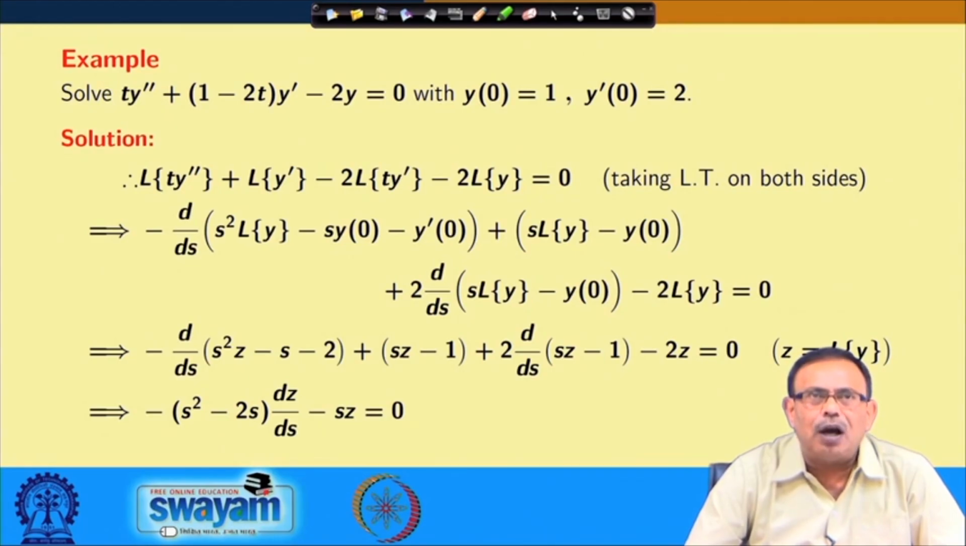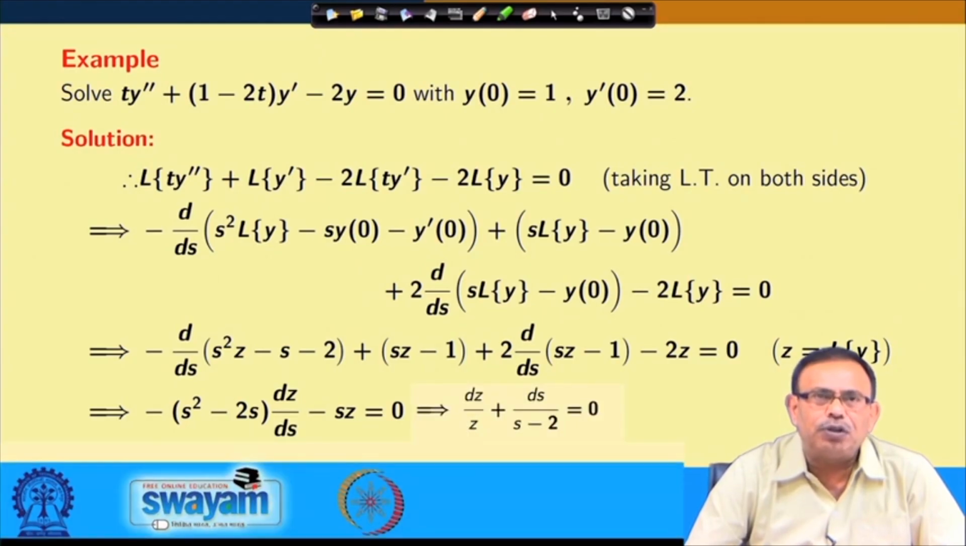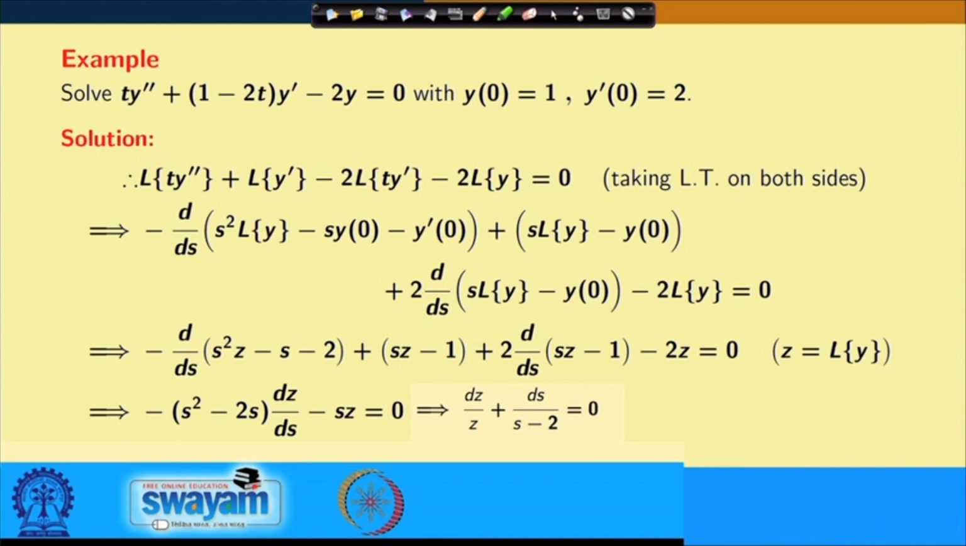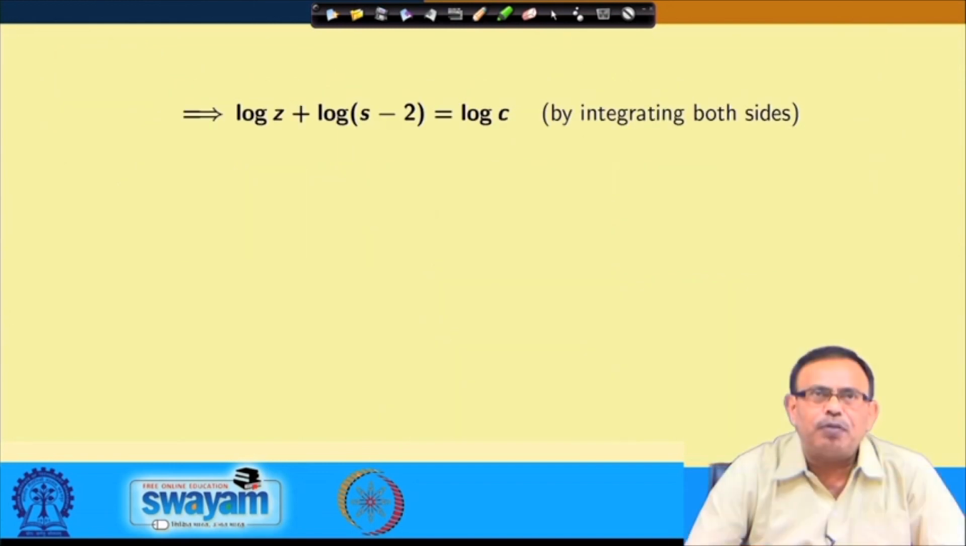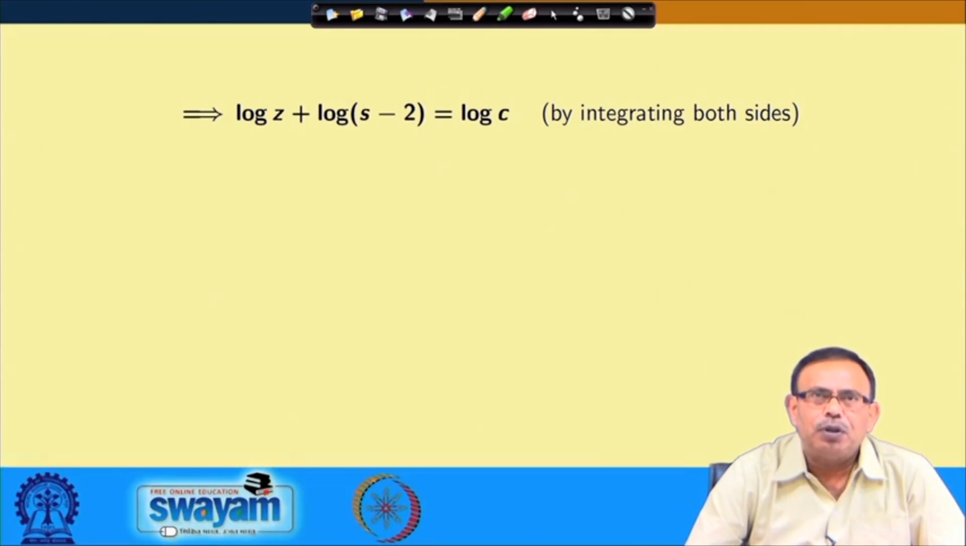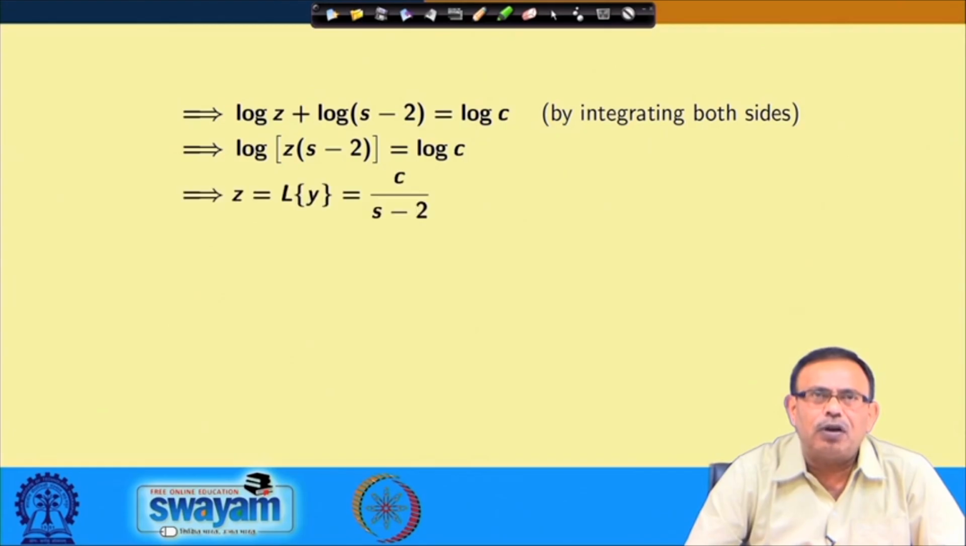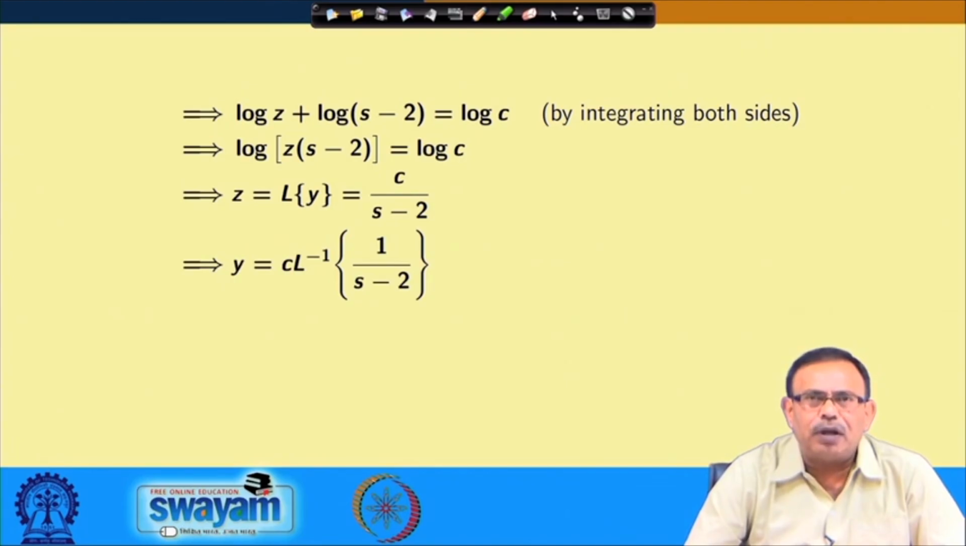I am converting the second order ODE into a first order ODE, and making the variables independent, and the solution process is this one now: log z equals log of s minus 2 plus c, and log z into s minus 2 equals log c. So, I can write down z, which is nothing but the Laplace transform of y, equals c by s minus 2, and I can write down y equals c into Laplace inverse of 1 by s minus 2,